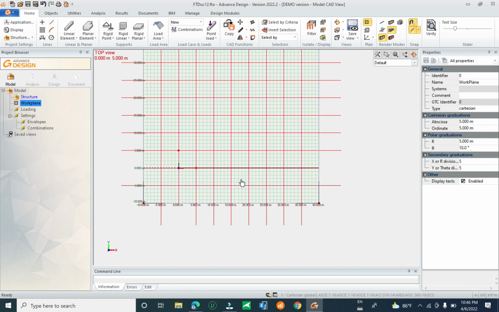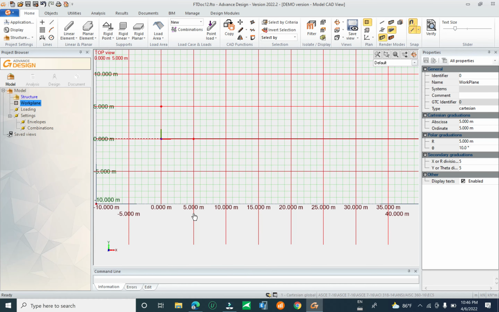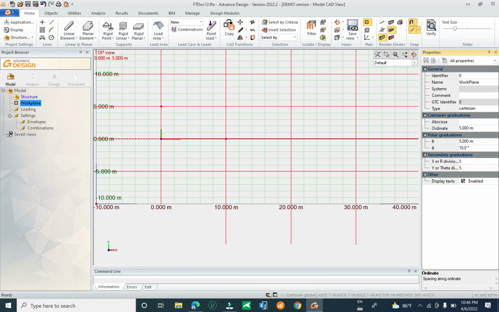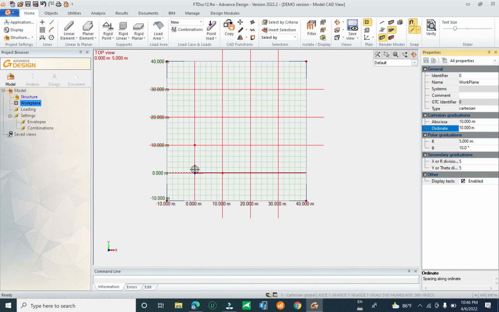For the Cartesian, now you can change it to 5 meter, or you can change it to 10 meter, and this one you can change to 10 meter and enter. You see here from this one to the other one the grid is 10 meter, 10, 10 is 40, and for the Y you divide it in 5. You see here 1, 2, 3, 4 and 5. You can change it to 6,